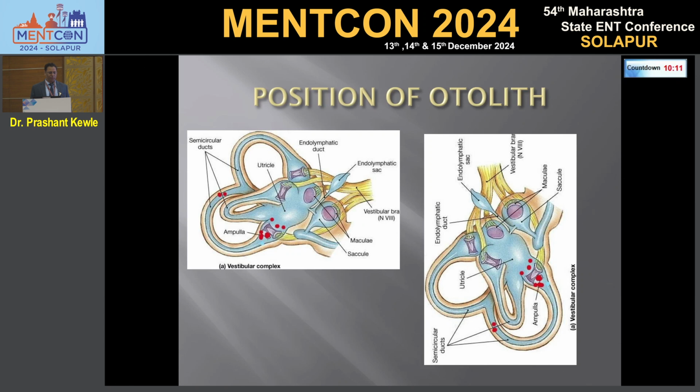Then what happens? The particle will go and settle here. So they will have crescendo, and then the particles are settling down, so you have a decrescendo type of nystagmus. This nystagmus is high and then slowly becomes low and then it will stop. After this, when you bring the patient back up, the particles were here, they will come to this side, so they will give opposite side nystagmus, and inhibitory.